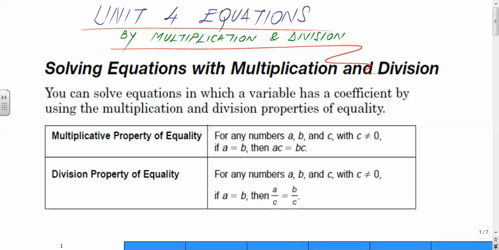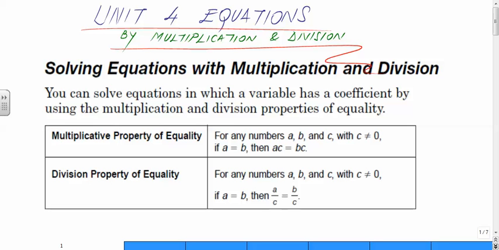Today's lesson, we did talk about in class today, we should be pretty good, but how about doing more practice problems? Using multiplication and division to solve equations